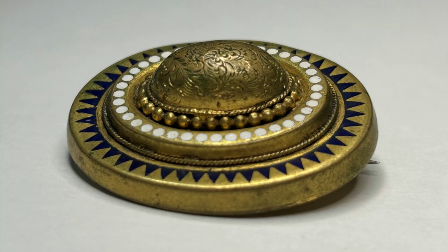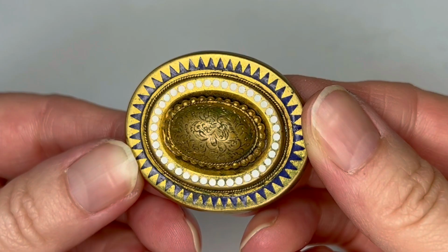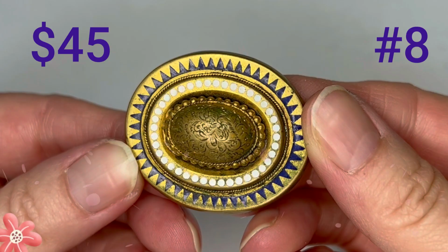The other thing I'm seeing about similar domed brooches like this one with kite marks is that they're Victorian mourning pins. So sometimes you would take the deceased person's hair and put it inside the dome and then etch something on the back of it. Like this one has an etching, and sometimes it was the death date or something significant to that person. For this antique Victorian mourning pin with a kite mark, I'm going to do